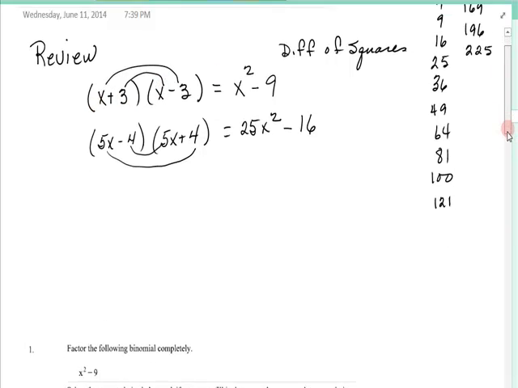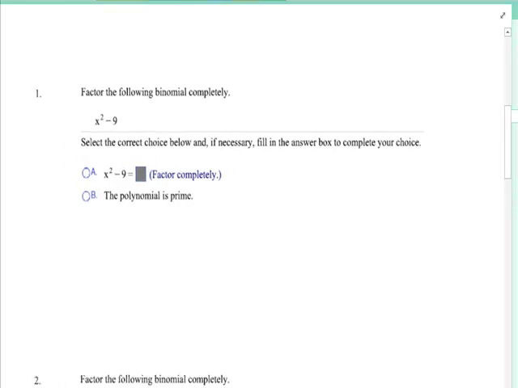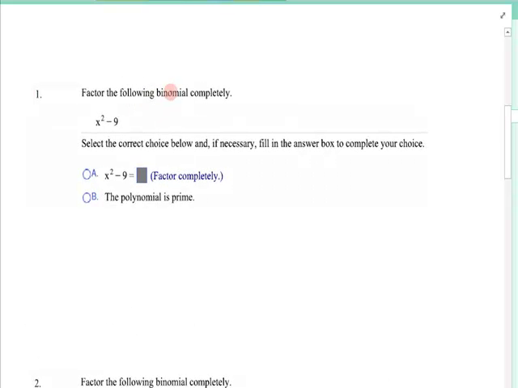So let's start with the first one. I'm going to enlarge these just a little bit. All right, factor the following binomial completely. All right, x squared minus 9. The first question is, is there a common factor, a GCF? No. Second thing, how many terms are there? Because if there are 4, we do grouping. If there are 3, trial and error, or maybe it's a perfect square. 2, there's more than one type, but in this lesson, is it the difference,